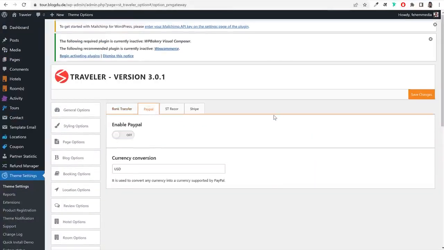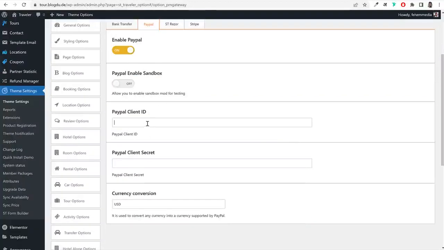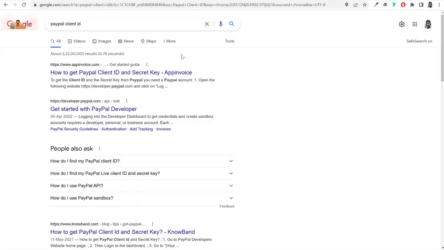Next option is PayPal. Choose what the currency should be, and enable PayPal. To accept PayPal payments, we need the client ID and client secret. First of all, remember that client ID and client secret are only available for a business PayPal account, not the regular PayPal account. So make sure you create a business PayPal account. After that, you have to go to this website,